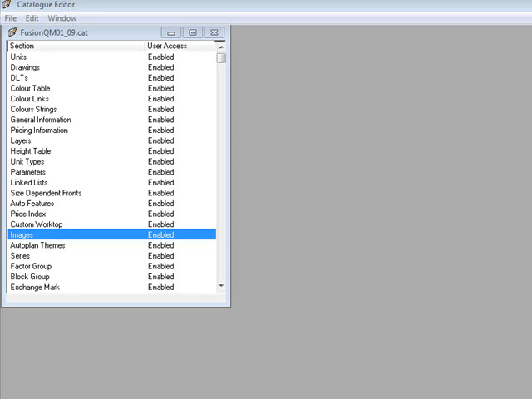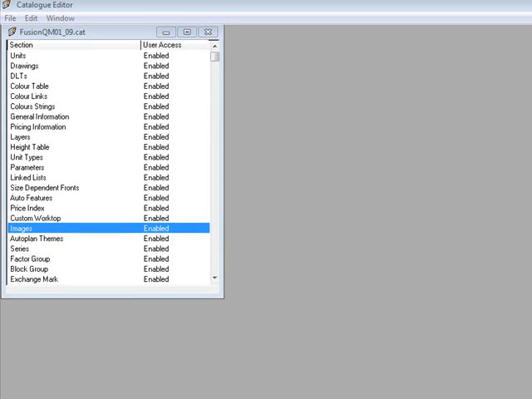Welcome to this Fusion tutorial where I'll be showing how new material can be added into a custom catalog using the Catalog Editor. This tutorial assumes the user is familiar with Catalog Editor. I have already checked my catalog out in Connect and have opened it within the Catalog Editor, and I'm going